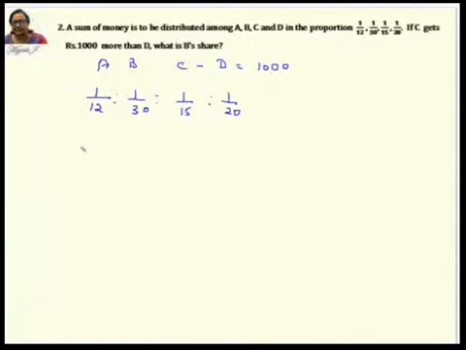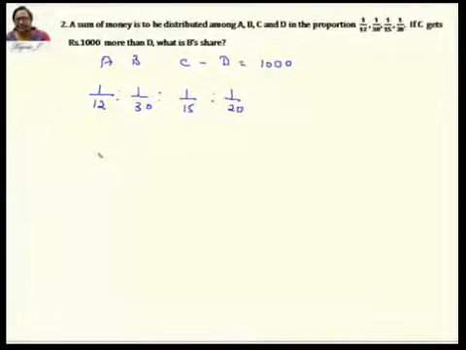So how will you find this? What is the process? You have the ratios, but they are in fractions. When the ratios are in fractions, it's not that easy to work. So the first thing you should do is convert these ratios into integers. How do you convert this into integers? LCM. Good. LCM of the denominators. So take the LCM now. What is the LCM of all the 4 values? You just have to take the LCM of 12, 30, 15, and 20. So what is the LCM?